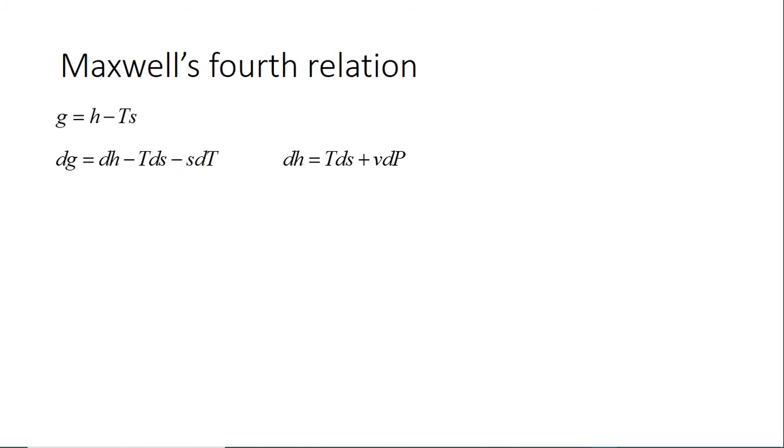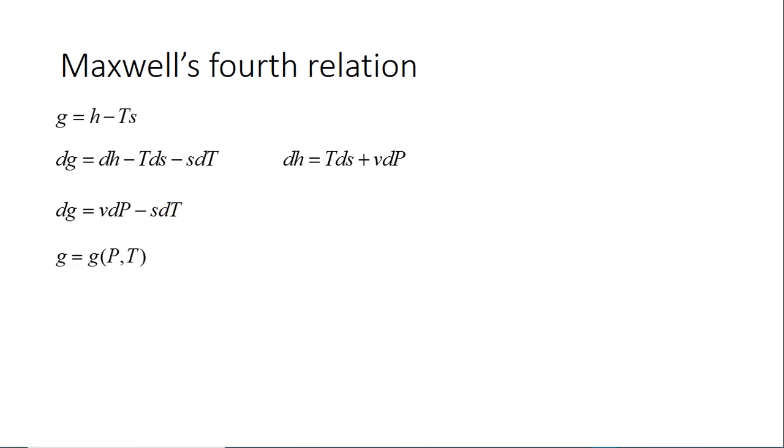Now we had discussed this previously, dH is equal to Tds plus Vdp. So what you can write? Take this Tds on left hand side, what you will get? dH minus Tds, that value is Vdp. So you can replace this by Vdp. So dG will be equal to Vdp minus S dT.